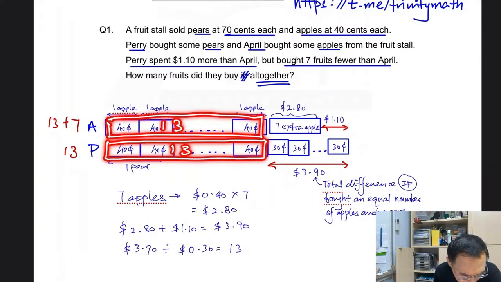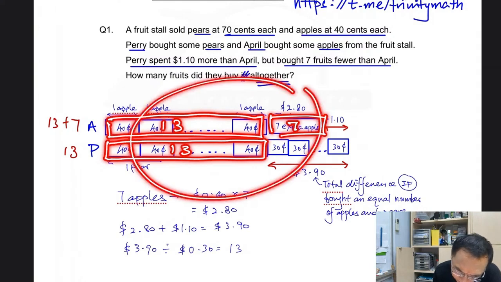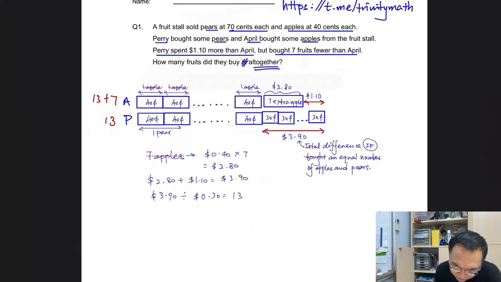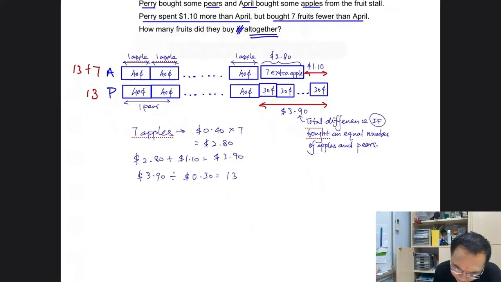And this is an extra 7 apples. So if you add up all these numbers together, it will be 13 plus 13 plus 7. So as a result, you will get a total of 33 apples and pears. So we write down here, Perry bought 13 pears